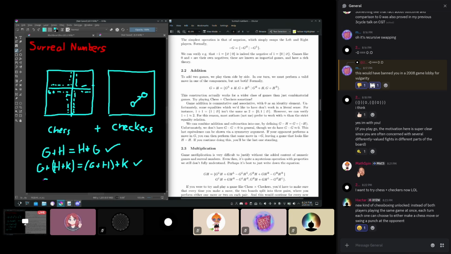What else do we have? G plus 0 equals G. Yeah, we totally do have that. That works perfectly fine. And since we have commutativity, we're also going to have 0 plus G equals G. So everything seems to work fine so far. So what happens with subtraction? I haven't defined subtraction, but you can probably guess that subtraction is just going to be... Well, let me write it down.